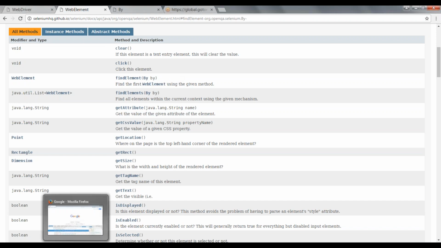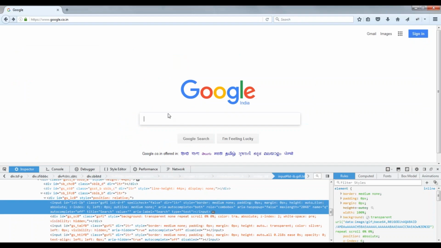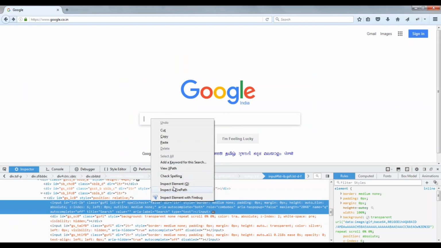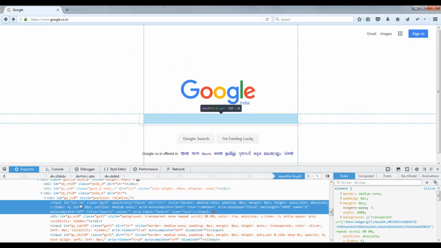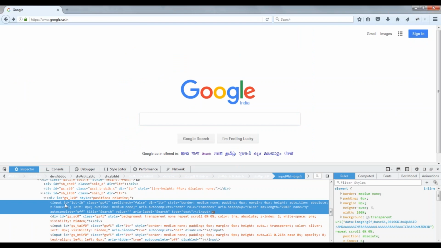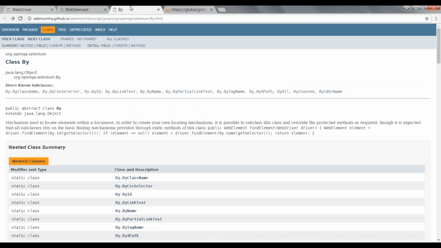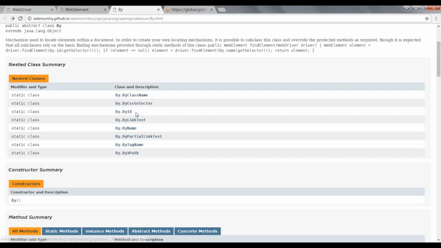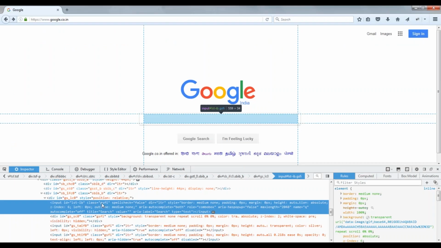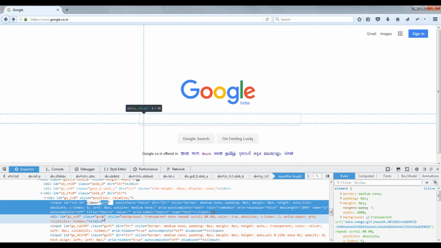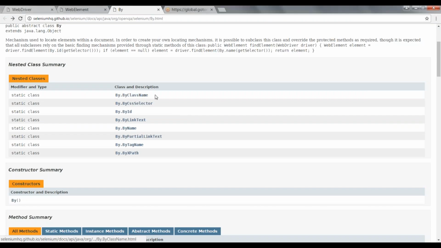So how will I do that? As I have told you, go to inspect element and then it has id. That's why it is asking By id, by the element attribute id, or By className. You can see here, this is the class name, that is By className.